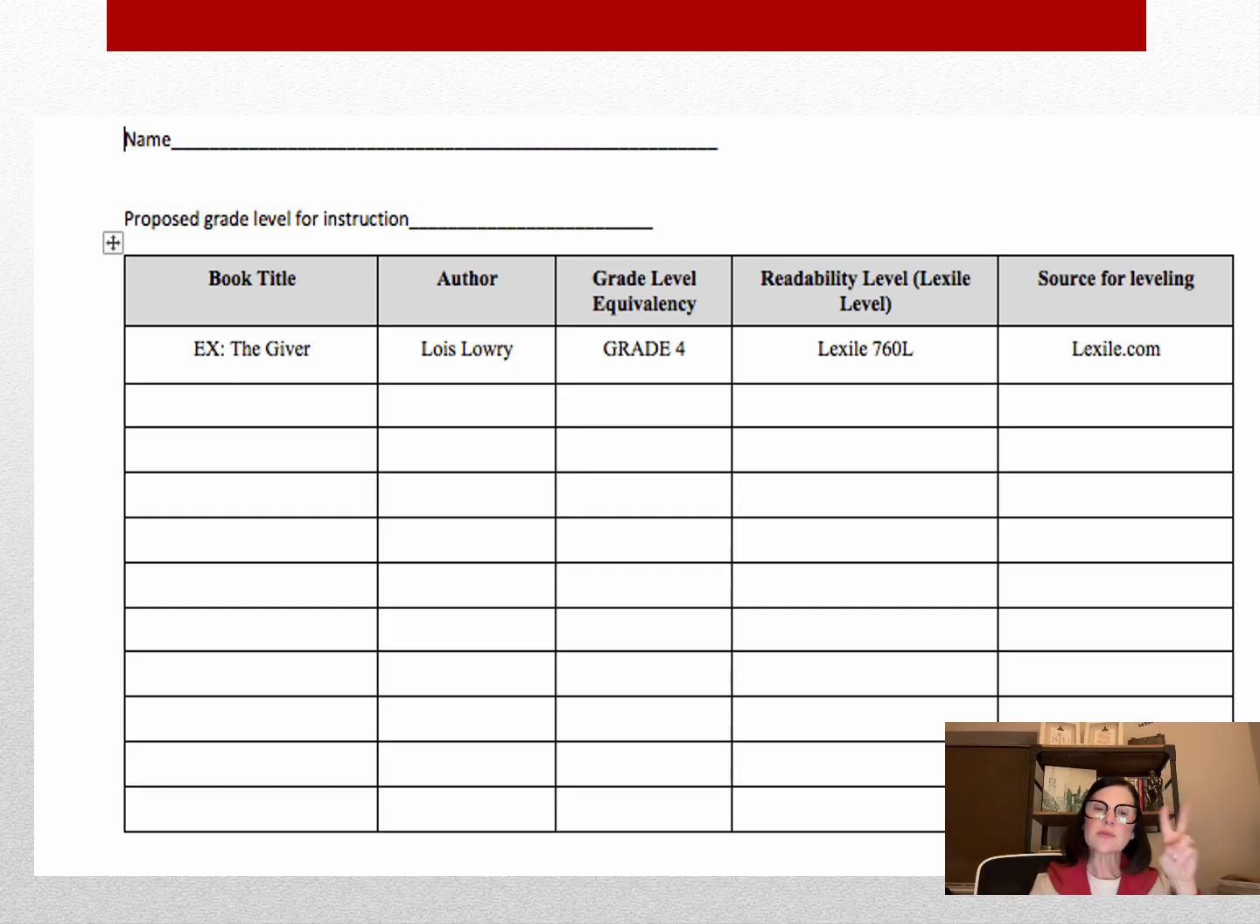So I'm going to be making a second video and I will be posting that, and that will show you how to find a Lexile level. So this was just an overview of how to complete the assignment. As always, reach out with any questions, and you can look forward to a second video that shows you how to actually use